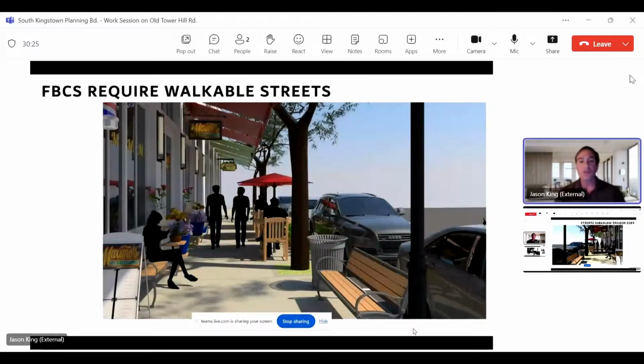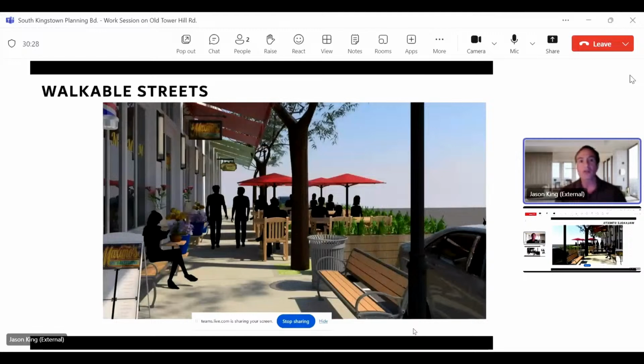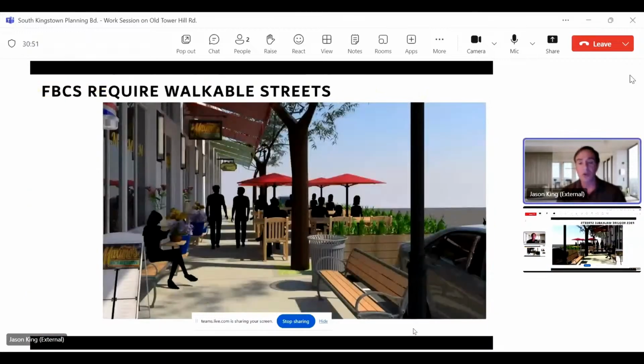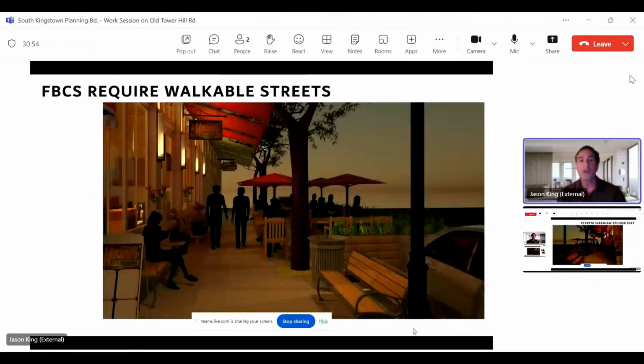Form-based codes often allow for things like parklets. Parklets, you've probably seen these before, wouldn't be appropriate on Old Tower Hill Road or Kingstown Road. But on the many perpendicular main streets, the side streets that would be created, mixed-use streets, parklets would be an optimal thing, and your code allows for this, the draft form-based code. There's also lighting. If you're asking people to be outside, walking through parking lots that are behind buildings, or to use streets, then there are lighting requirements to keep it a safe environment.